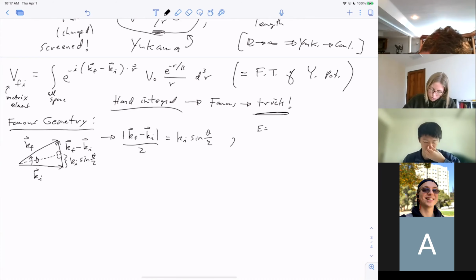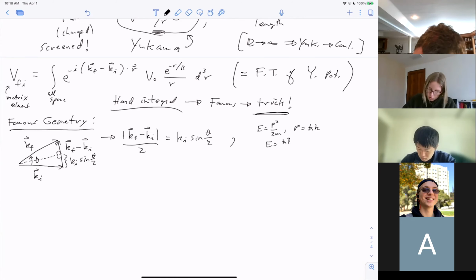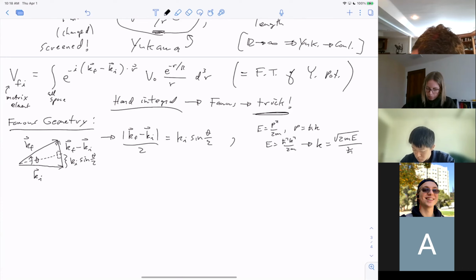All right, and then we can do something else, because remember that energy is equal to p squared over 2m, where p is equal to h bar k, and so energy is equal to h bar squared k squared over 2m. From that, I see that k is equal to the square root of 2mE over h bar. I always use this little formula, but I want you to remember where it comes from. And because of conservation of energy,